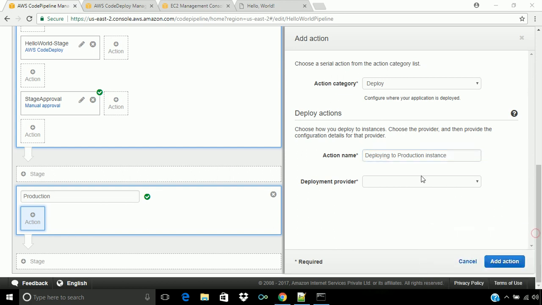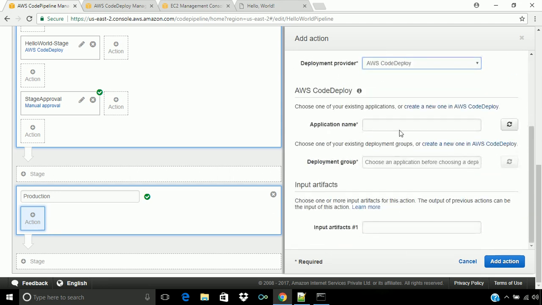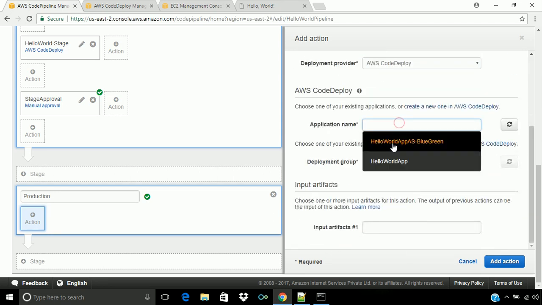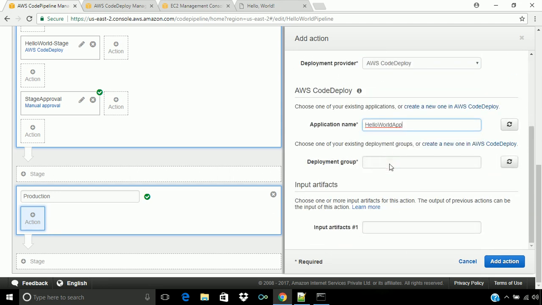The deployment provider will be CodeDeploy again. The application name will be Hello World app, and the deployment group will be Hello World production. The input artifact will be the same as the previous one, so it will be my app only.